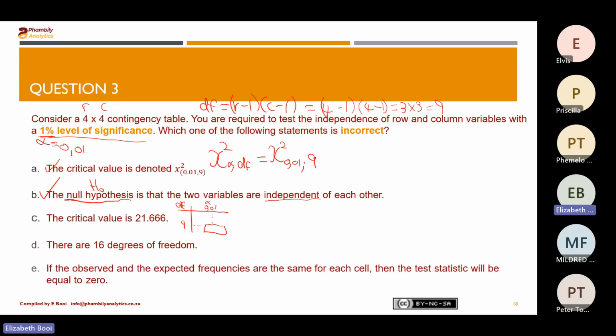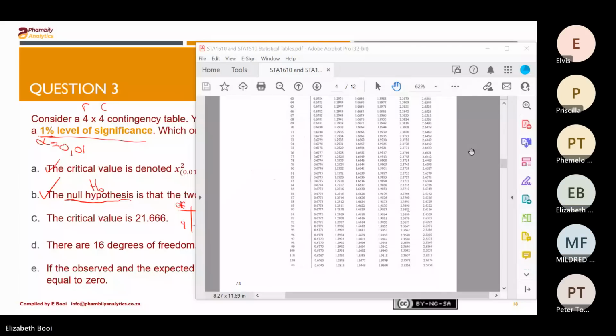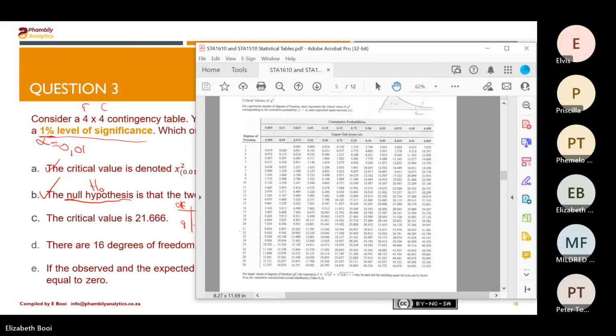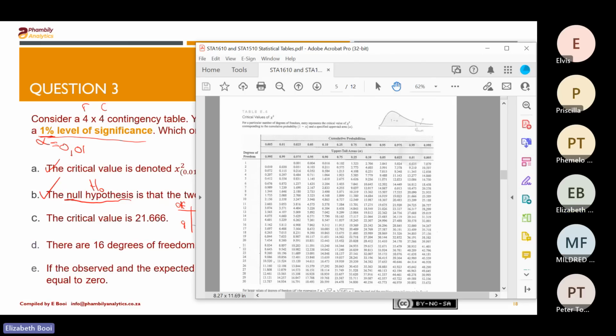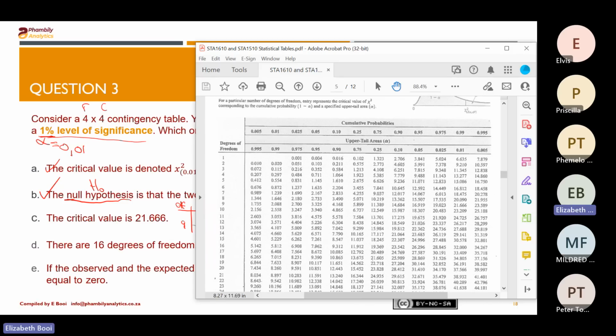So you need to go to your critical values of chi. Let me share my entire screen and go to the chi's critical values of chi. This is the table I'm referring to. And we're looking for